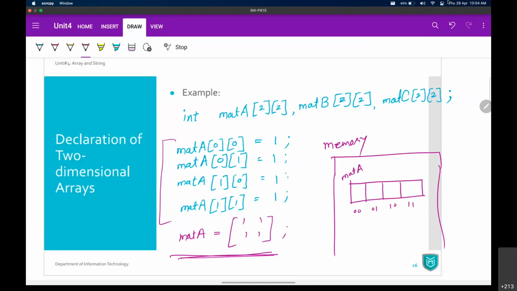And those elements will have value 1 inside your memory. Now this is what the internal storage will be. Now output: until and unless you print something, you do not have output. Or if you make some calculations, you do not have output. So we will see how we can make some calculations or print our matrix on the output screen. Okay, so we will see it later.